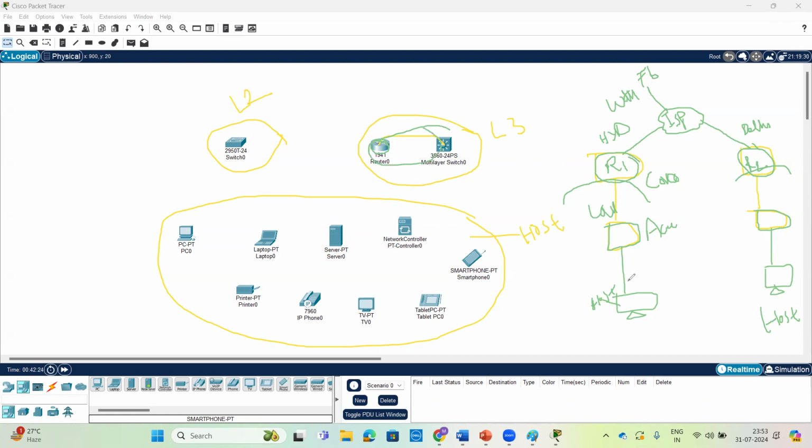If you want to communicate from one network to another network, LAN to WAN, or one branch to another branch, one location to another location, we need a router. And if you want to communicate within a location, say this is the HR department and this one is the accounts department, both are in the same location, same building, same organization, so we need a L2 device. So the L2 switch will work